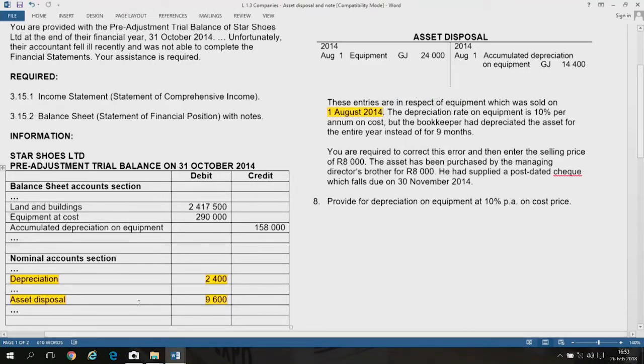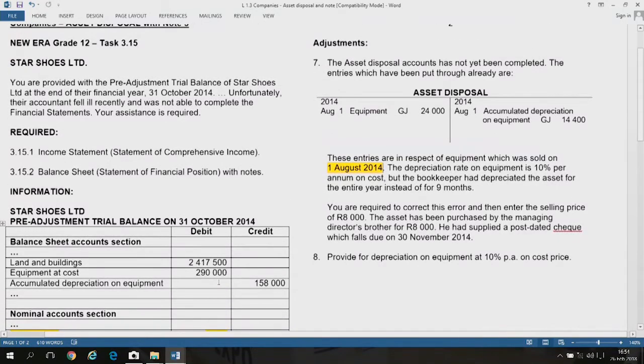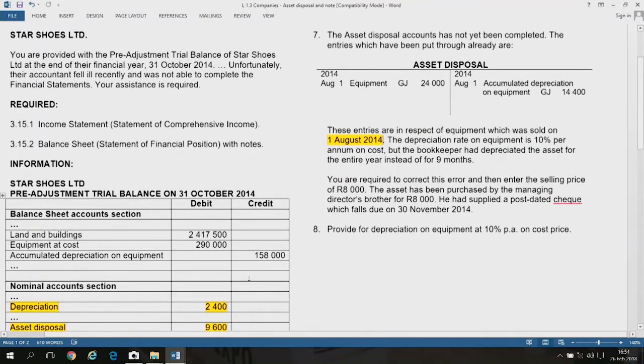And there's also asset disposal, so it means that we did some things in the asset disposal, and then they say the asset disposal account has not yet been completed. The entries which have been put through already are equipment on the debit side,